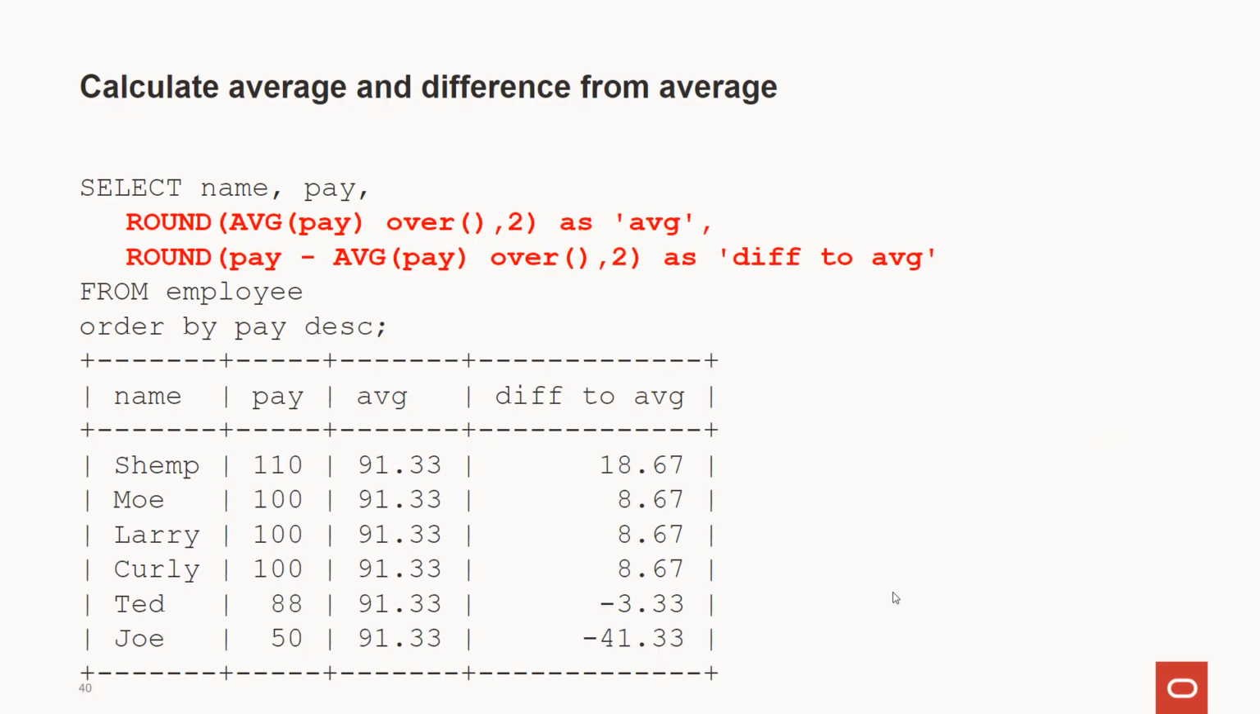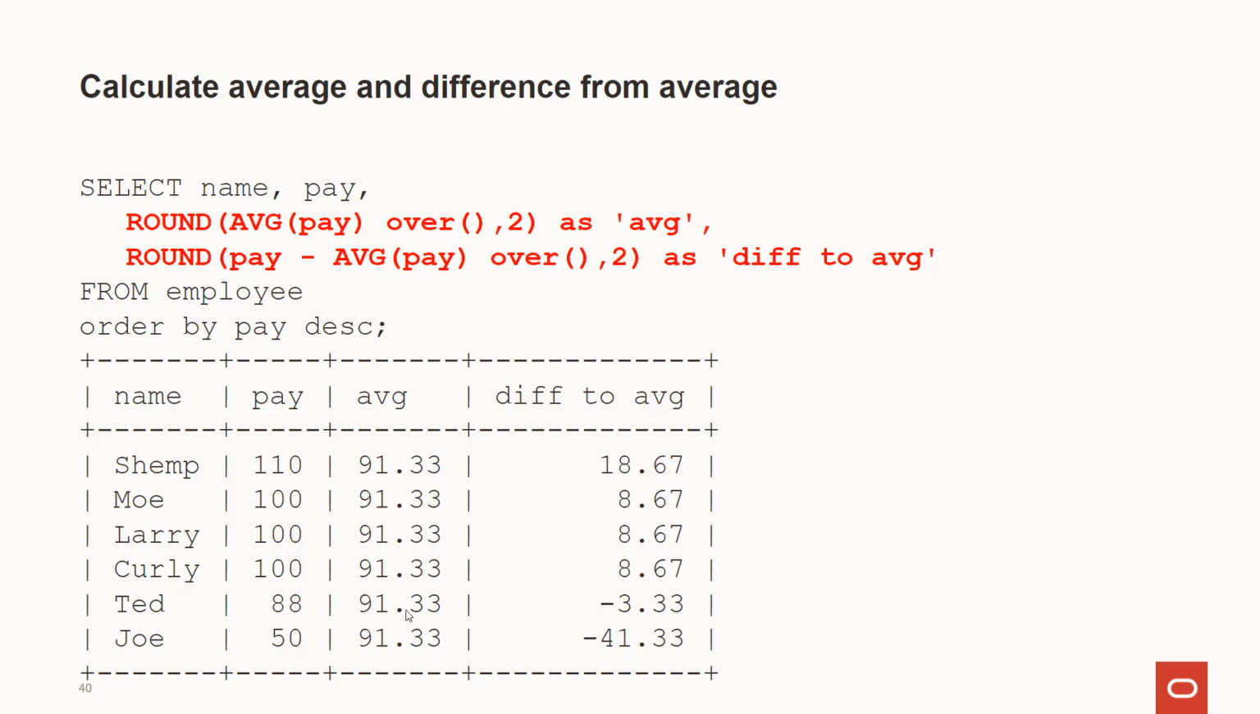Now, let's take a look at the average and the difference from the average. So we're going to round off the average pay and call that average. And then we're going to calculate the pay that the person's being paid minus the average pay and call that the difference to average. So Shemp gets paid 110. The average of everyone in the business is 91.33 units of pay, and he is 18.67 above that